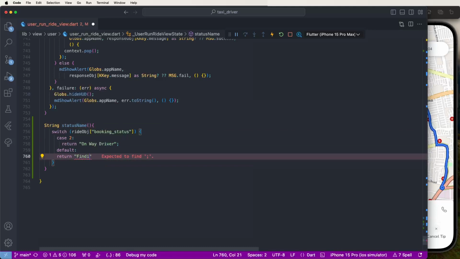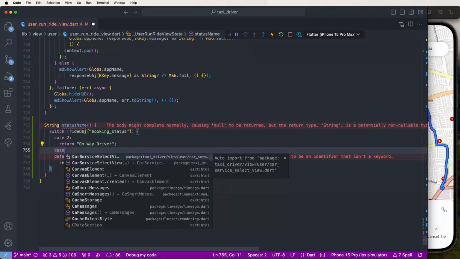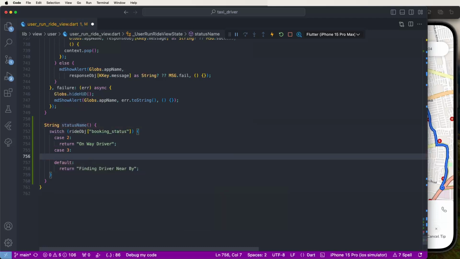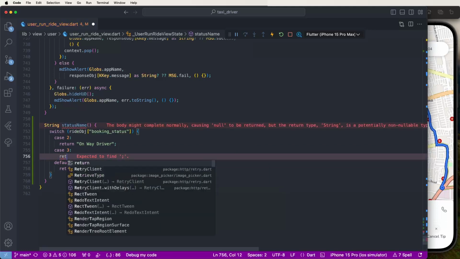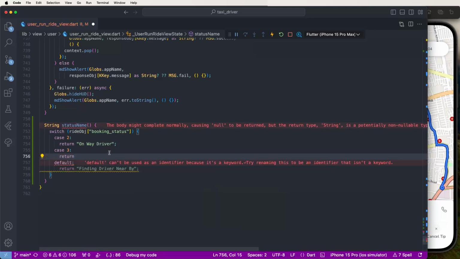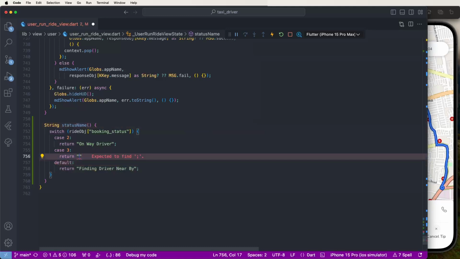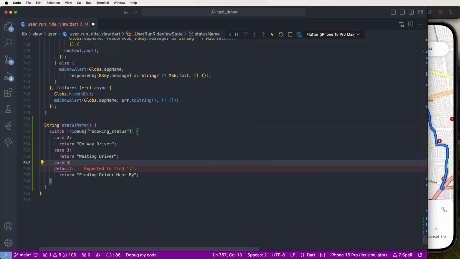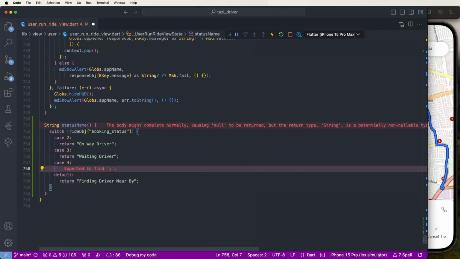Finding driver nearby. Like this, need to configure here. Now set here another state. If you are waiting for the user, then return this here the text as a semicolon and write down here waiting drivers like the status. Then status pause means the ride started, return here and set here the status ride started with